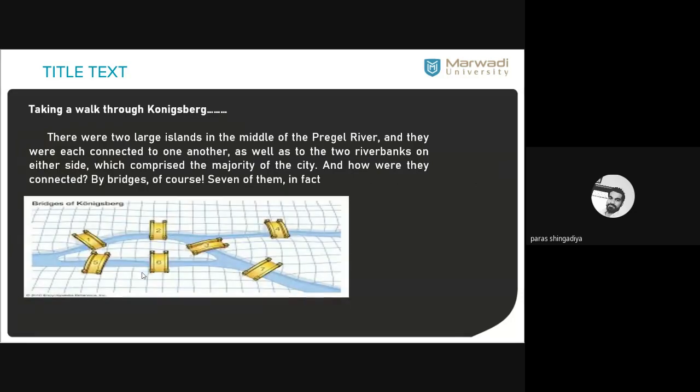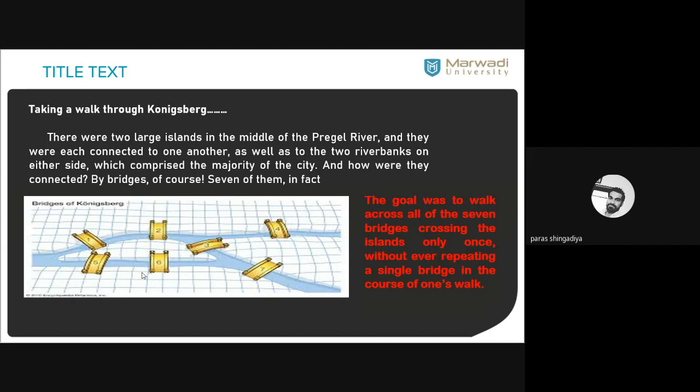The first problem he faced was the Konigsberg bridge problem, which we discussed in the last lecture. You also checked its solution: it is not possible to find such a closed walk which crosses every bridge exactly one time and again reaches back to the starting place. Here there are four land areas: two islands A and B, and two banks C and D, and across this river there are seven bridges.